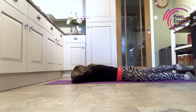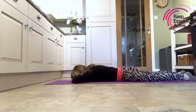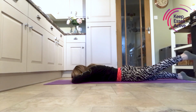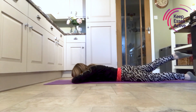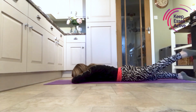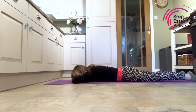Inhale, exhale, left leg lifting off and slowly down. Inhale, exhale, right leg lifting off. Slowly down. Inhale, exhale, left leg, slowly down. 1 more each side. Lifting up, keep them abdominals pulled in. Slowly down, left leg,